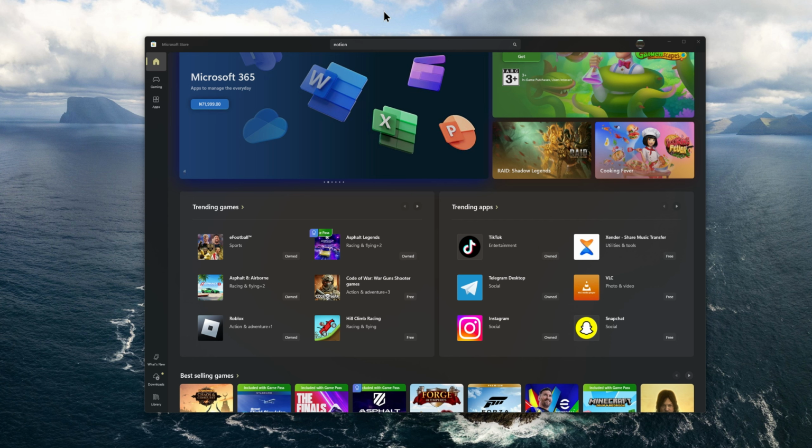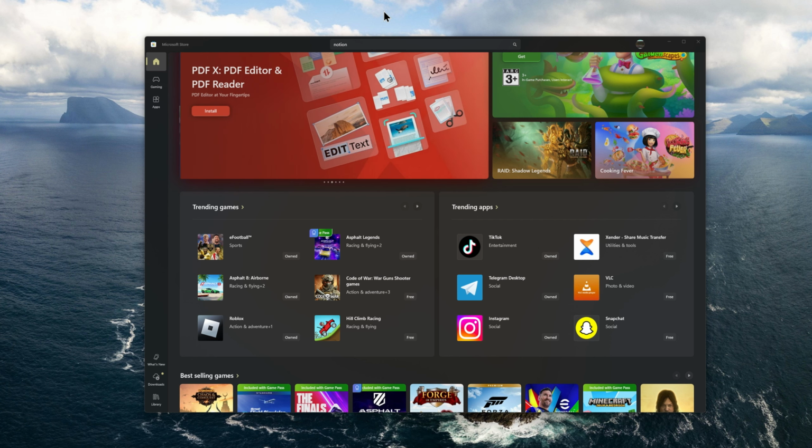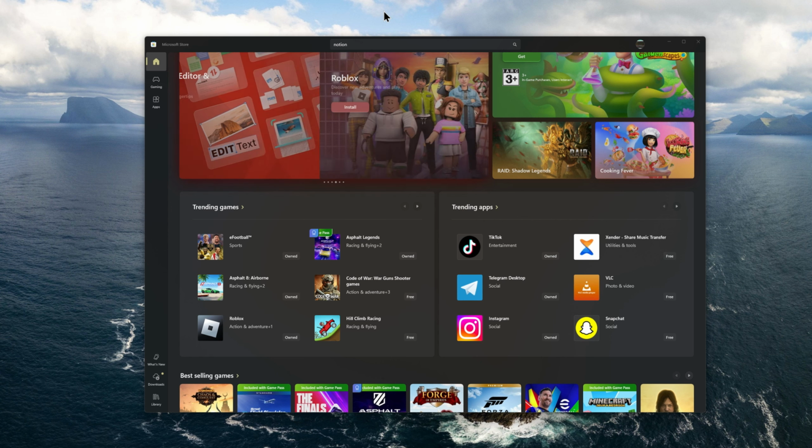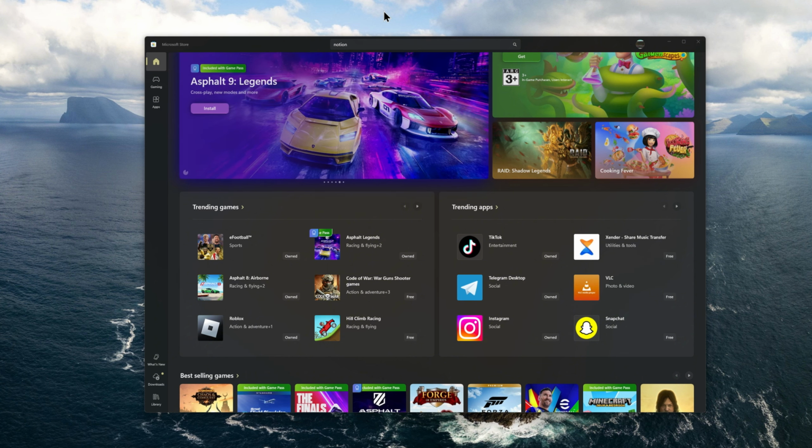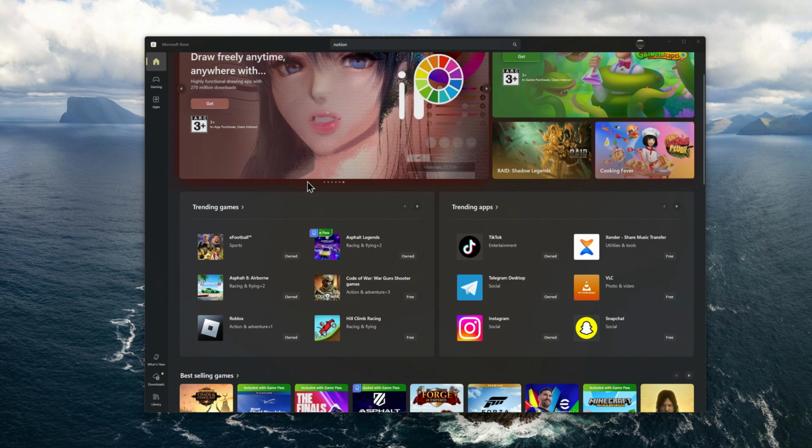In this next video, I'll be showing you how you can update all your apps installed via the Microsoft Store. Now, if you want to have your Microsoft Store apps updated, here is how to go about it. So the first step will be to launch the Microsoft Store app on your Windows device, and once the app has been launched, the next thing would be to click on downloads,